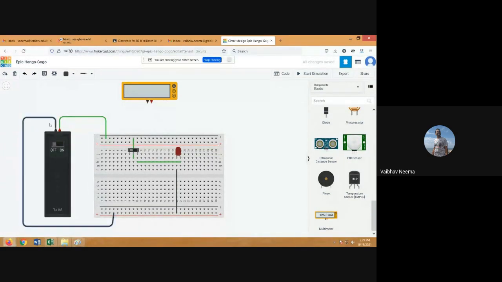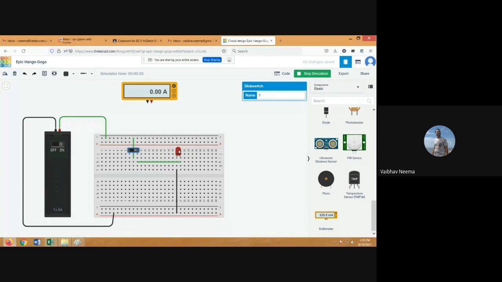Now, once we complete these connections, how many wires did we require? 1, 2, 3, 4, and 5 wires. Now we do this simulation, and if I close this switch, the 1.5 volts and these two terminals get short circuited. It applies the 1.5 volts to the positive terminal of the LED, and the negative terminal is connected with the ground. It means you apply the high voltage. You put this LED into the forward bias condition, so it will show you the color.